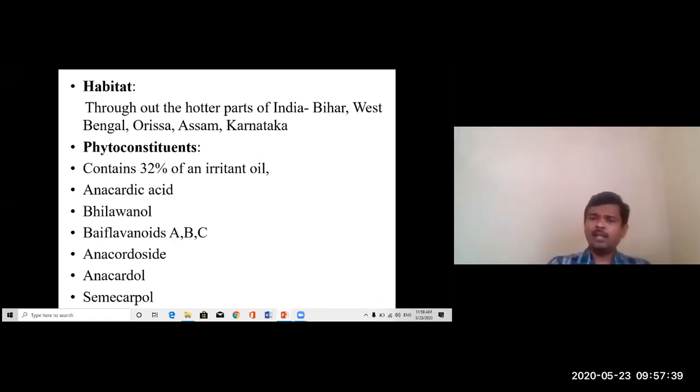Because of this property only, they consider it under Upavisha; the oil contains Tikshnata. It also contains anacardic acid, bilovinol, biflavonoids A, B, C, anacardoside, anacardol, semicarpol. These are some of the active principles of Ballataka.